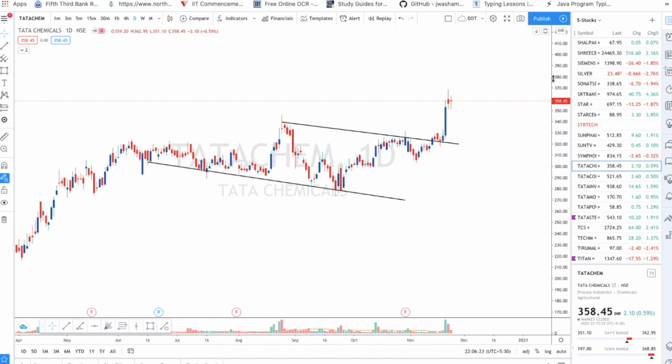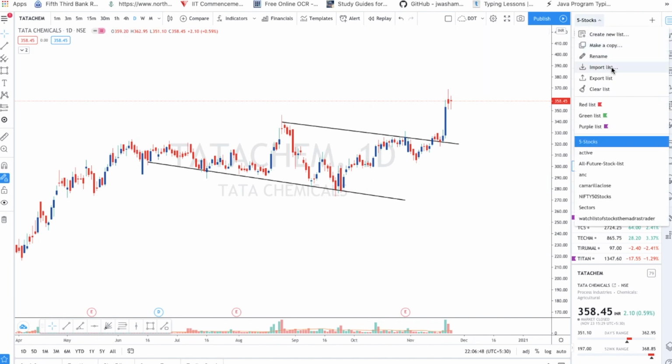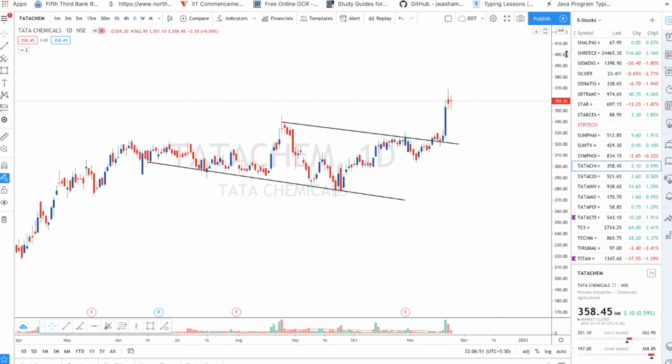How to import our watch list I already discussed in almost all the videos. So select the list I mentioned in our description. If you click on it, maybe it's not working, as I got to know from other friends. But just copy that link into your web browser and hit it, and then you will see one list. Copy that list, come here, select import list, and import it here. Then go through one stock at a time, and check where you are getting triangle patterns and channel patterns. Is a breakout happening or not?